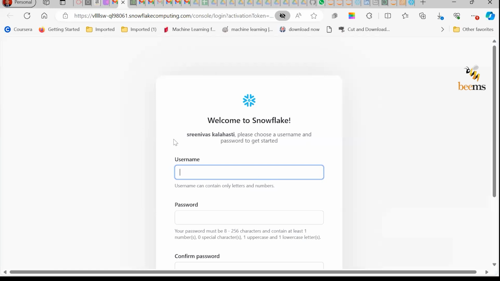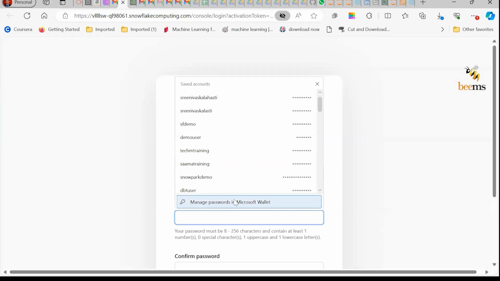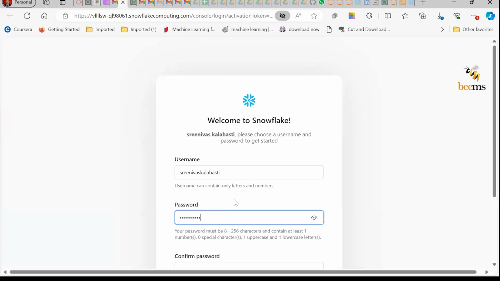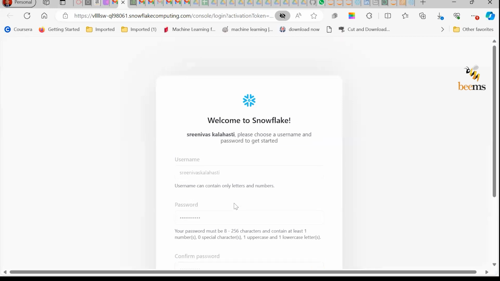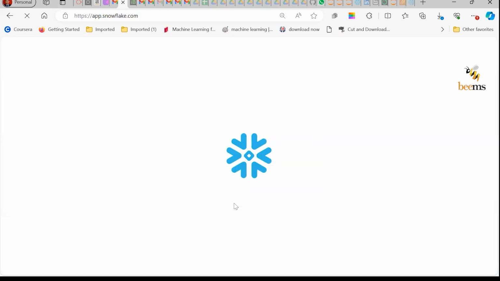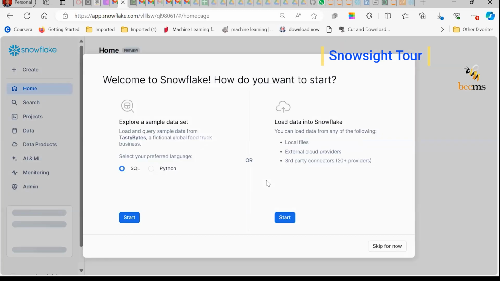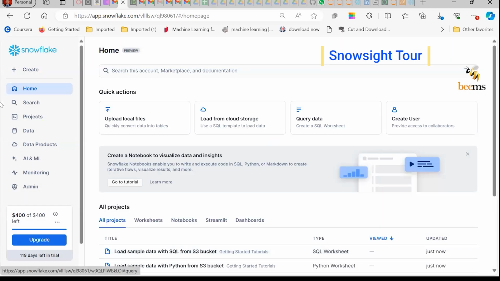So here we have to give a user and password. I'm using my regular user which I'm going to use, and the common password which you can easily remember, I advise you to give that. So click on enter, then it will go and log in into the Snowflake web interface, called the Snow Site environment. Whatever you are now going to see, that interface is called the Snow Site interface, the web interface. This is called Snow Site,